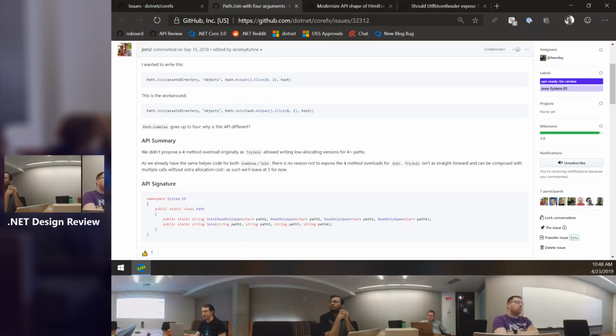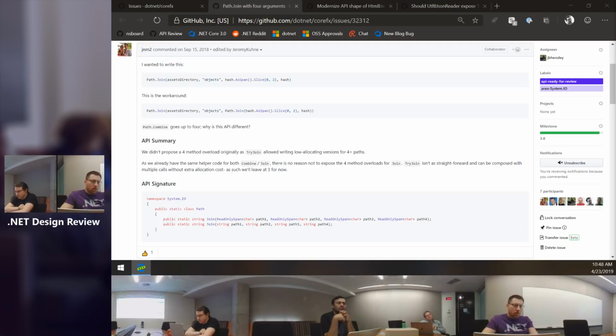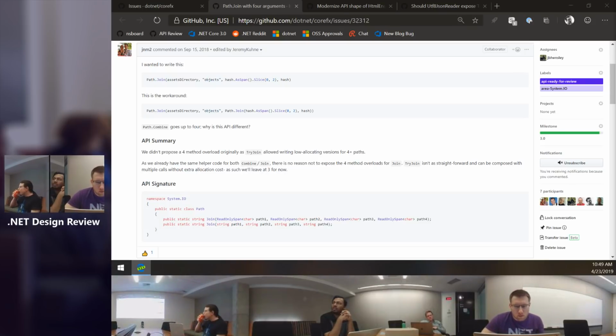Right. We've got try join, which returns a bool and takes a span as the destination. So you're able to allocate a sufficiently large span and avoid the allocations if you need to. Interesting. So try join, but that's only for span. We don't have one for string since it doesn't matter there. Right. And one of the questions around this issue is also should we consider adding try join with 4? Right now you have try join with 3,